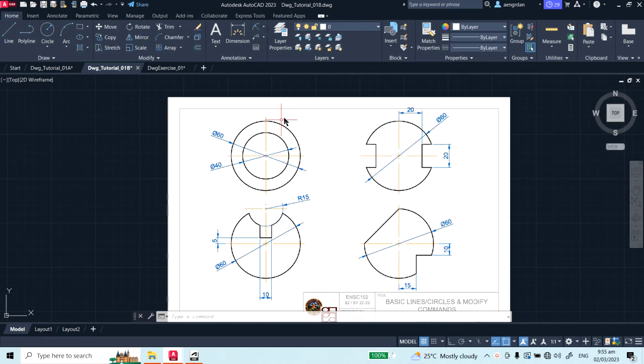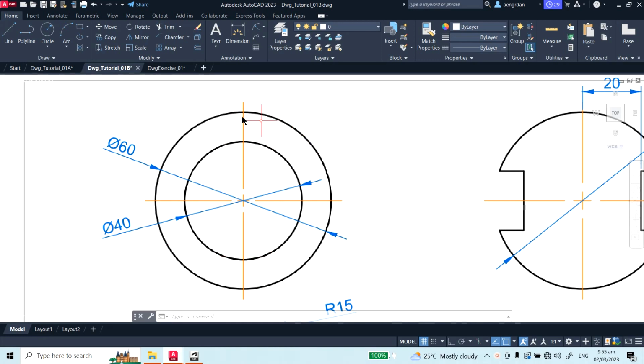And then, okay, so we'll start here. If you start here, it just consists of two circles, and the given dimension is in terms of diameter. Okay, so take note of that. This is 40 and this is 60. So let's do this, and then